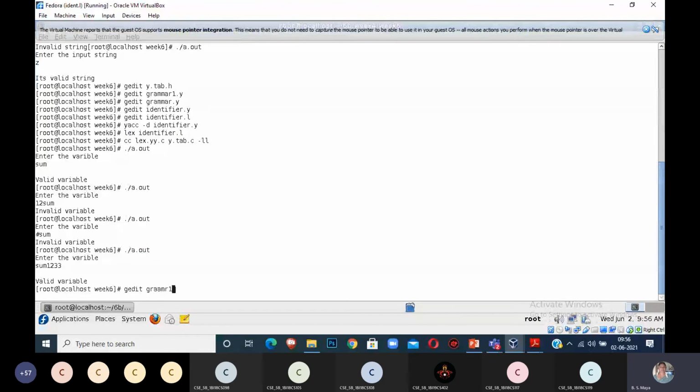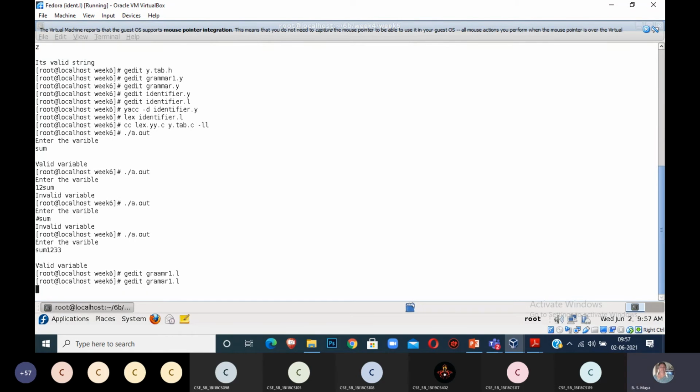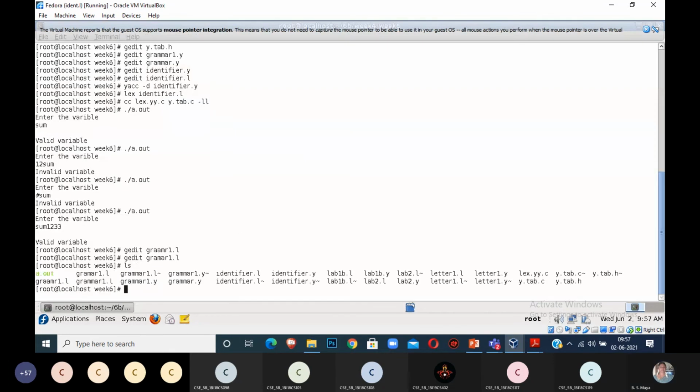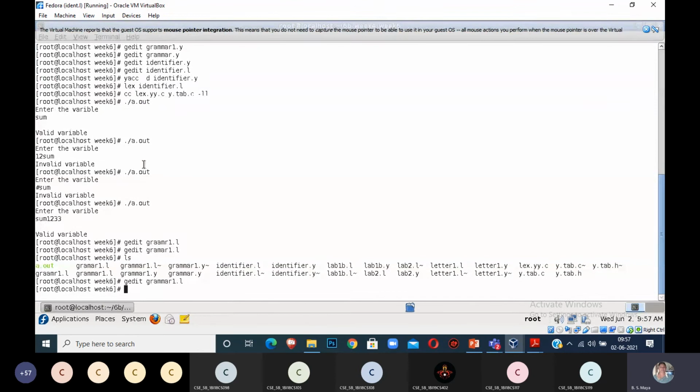Edit grammar1.l. Say I wrote Lex: small a, capital A, small b, capital B. This is common; in the lab program it is also the same.